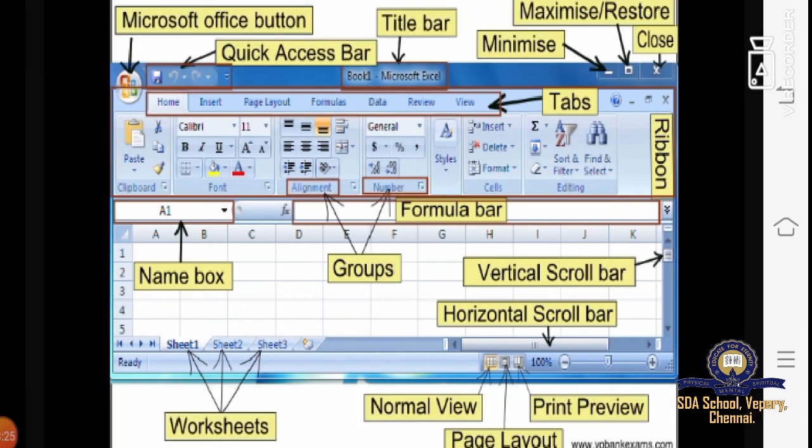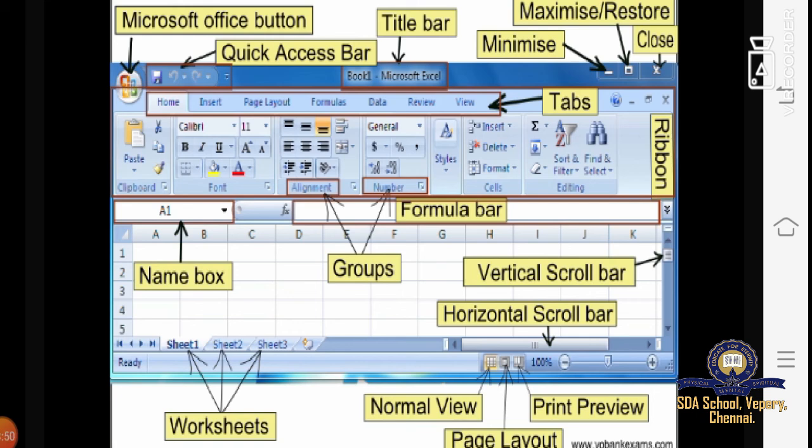Right near to that you can see the name box, groups, formula bar, vertical scroll bar, horizontal scroll bar, and normal view, print preview, page layout, worksheet. This all will help you out, children, how to operate your MS Excel 2007.